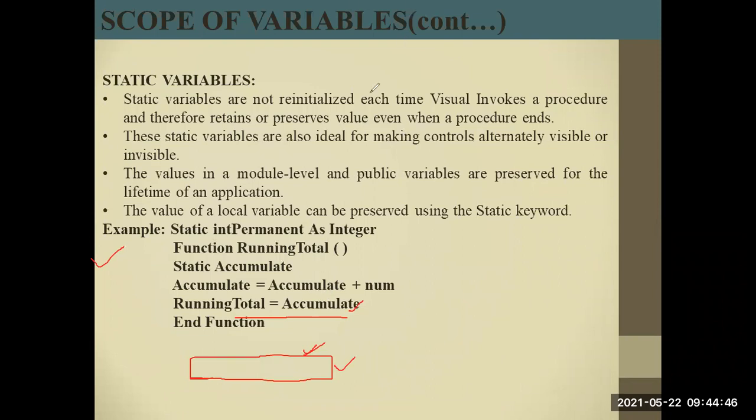static variables. The next concept is the static variable. As we know, static represents that the value of the variable will not change throughout the program. Sometimes we need to access the variable again and again, and its value should not change. So its value should be preserved. In that case, we are going to use the static variable.